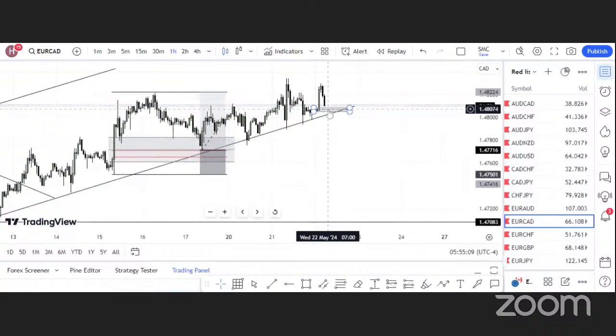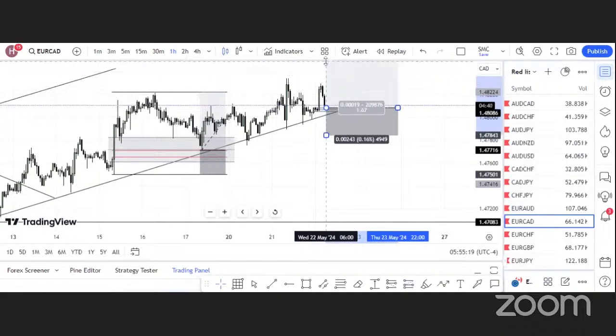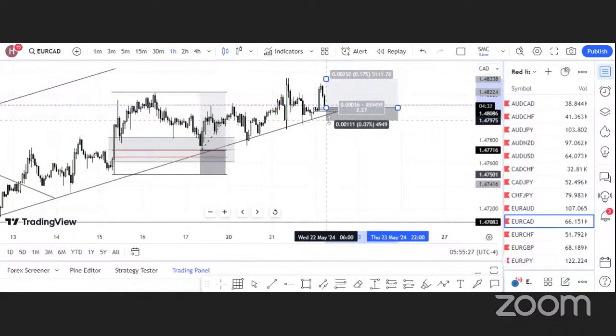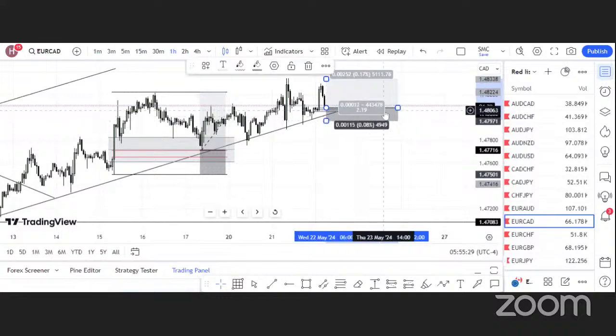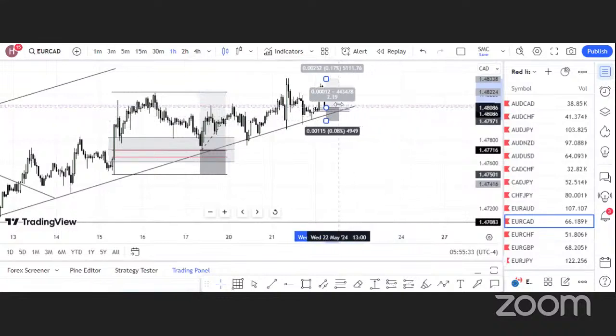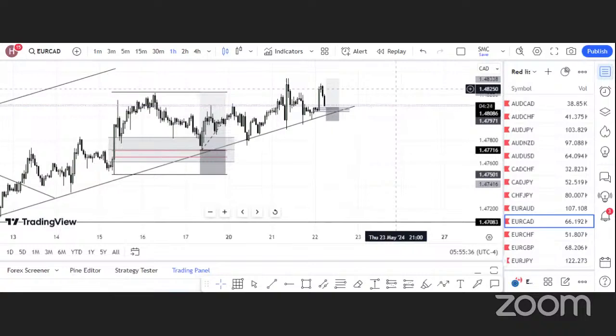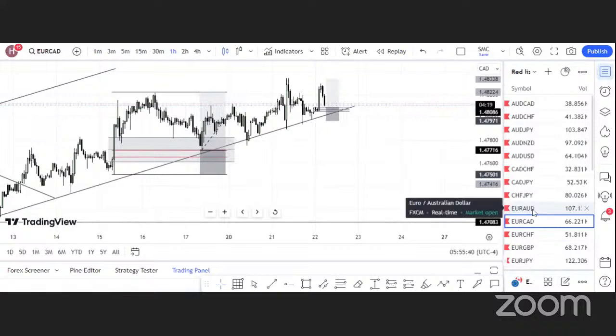So we just patiently wait for the market to get into this level. And once that happens, we are expecting the market to trade bullish. So this high here will be our take profit level, and this low can be our stop loss. Okay, so I think we should stay with these two analyses, see how things work out before the end of our session. All right,